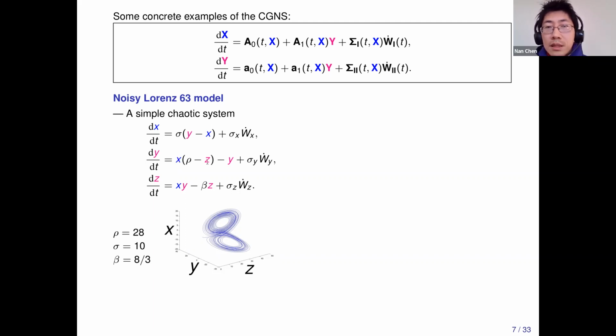So you can see this x times z term, x times y term, right? But if we are given a trajectory of this x, then conditional on this trajectory of x, y and z will become conditionally linear, because both of these nonlinearities come from these quadratic terms, right? So if x is given, then y and z will be conditionally linear. And by the way, I purposely use blue and pink colors to denote x and y. So throughout my talk, when I discuss this system, if you see the blue color, that usually means we can give a trajectory of this variable, and the pink one is a variable that is conditionally linear, conditionally Gaussian.